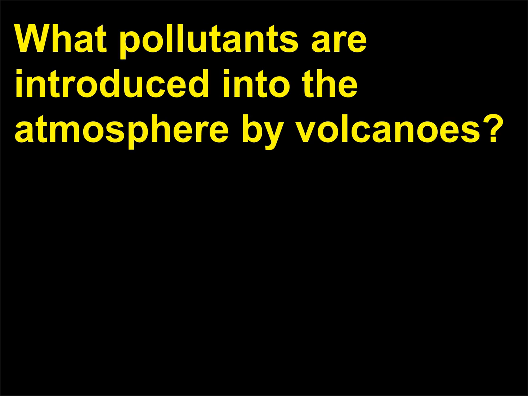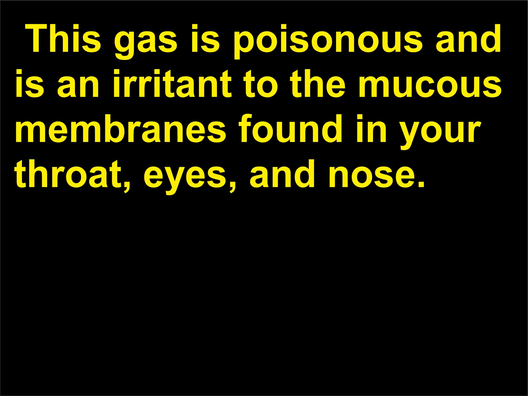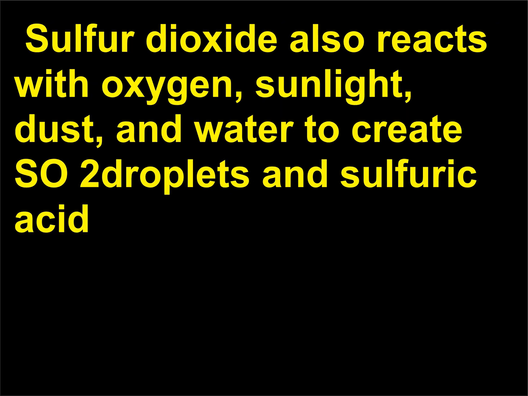What pollutants are introduced into the atmosphere by volcanoes? Volcanoes are a major source of sulfur dioxide, SO2, gas in the atmosphere. This gas is poisonous and is an irritant to the mucous membranes found in your throat, eyes, and nose. Sulfur dioxide also reacts with oxygen, sunlight, dust, and water to create SO2 droplets and sulfuric acid,